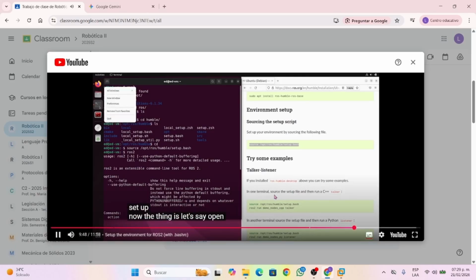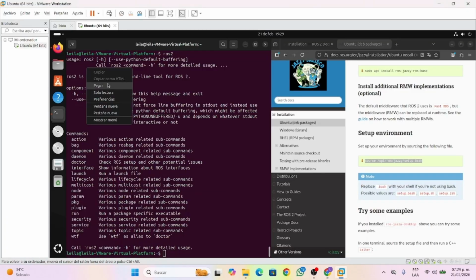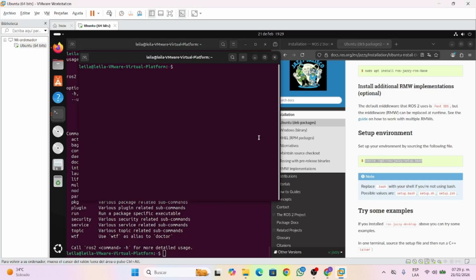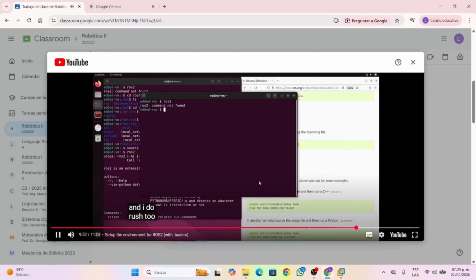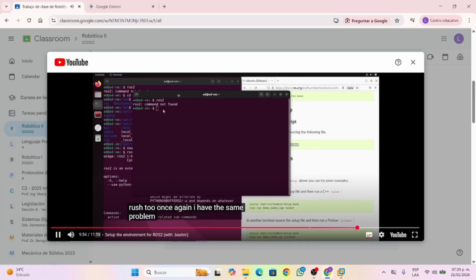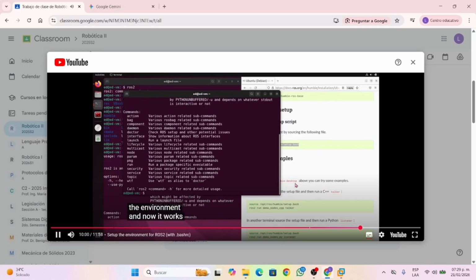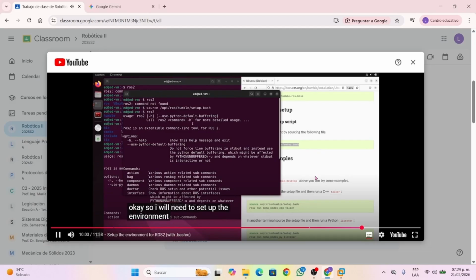Now the thing is, let's say I open new terminal and I do ROS2. Once again, I have the same problem. So I need to set up the environment and now it works. Okay, so I will need to set up the environment for each terminal I use. Or if you connect with SSH, for example, you will need to set up the environment for each SSH session. And so that's not really convenient. All right, so what we're going to do instead is we're going to add